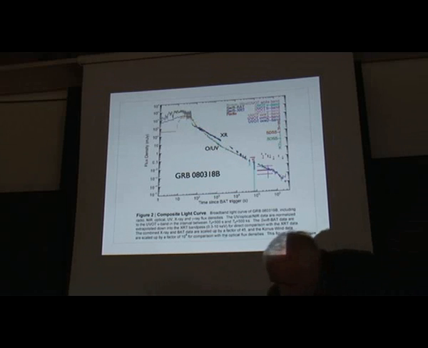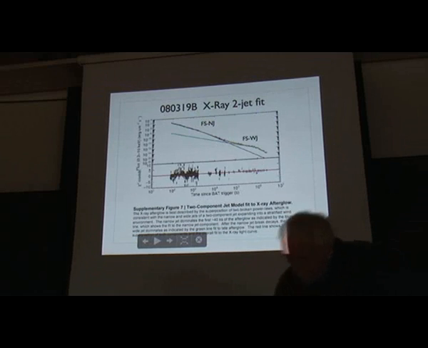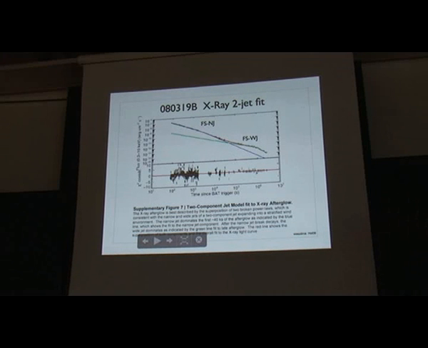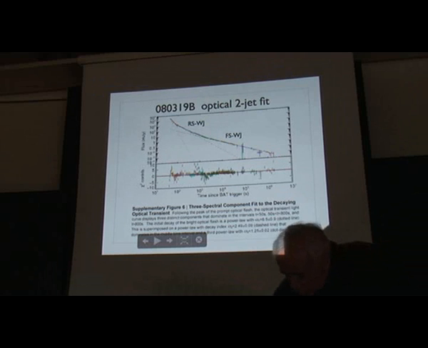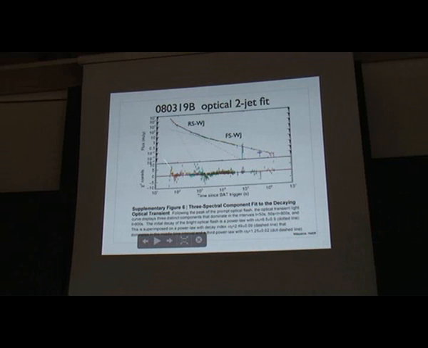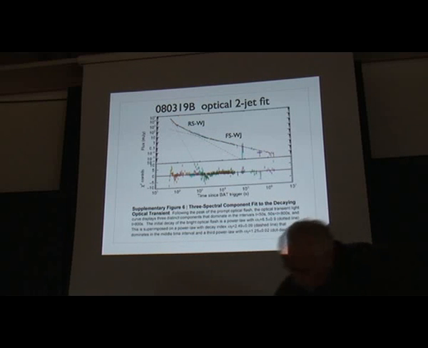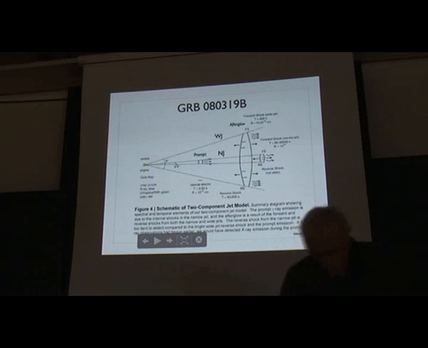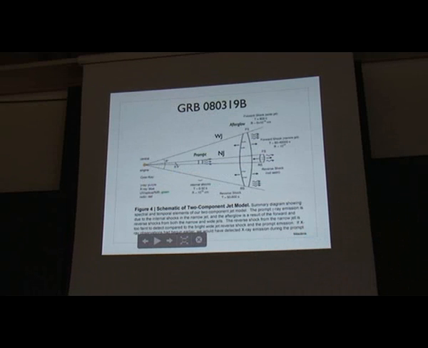So, if you look at these in more detail, you get a more complicated picture. You get two breaks in the X-rays, one break and then another flattening and another break, and the same thing with the optical, two flattening breaks. And so in a burst like these, one eventually ends up with the need to consider a more complicated picture,